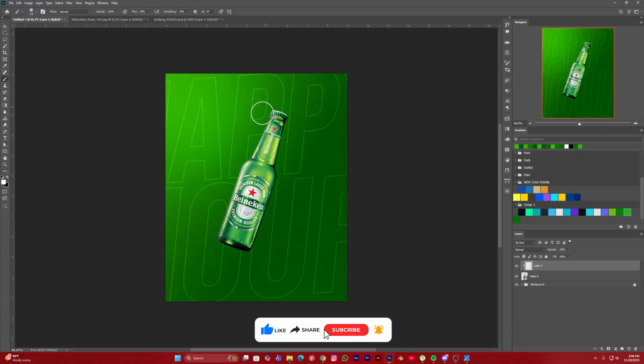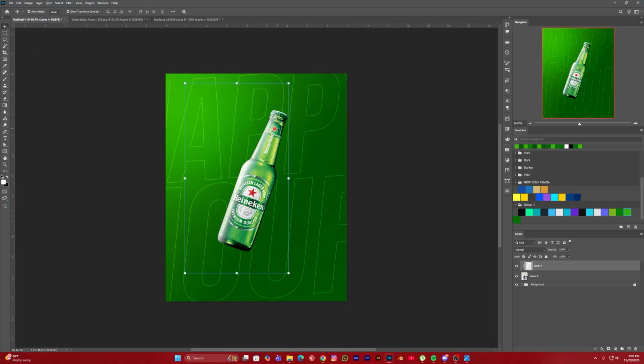I will brush on top of it. Like this. Like this. Slowly and gently but precise. Okay, so now that I've painted on top of the bottle where the light source is shining, I'll come and then change